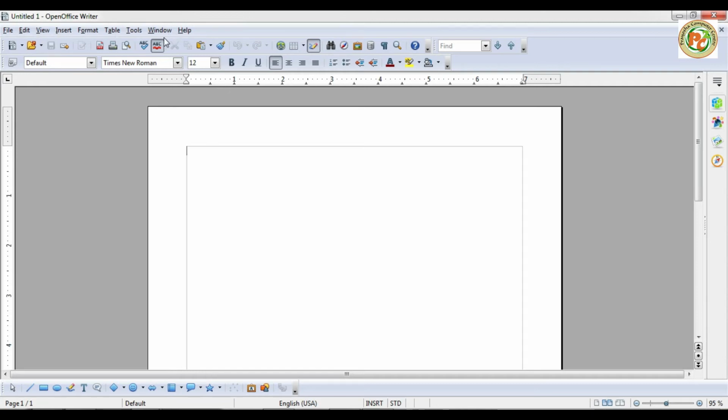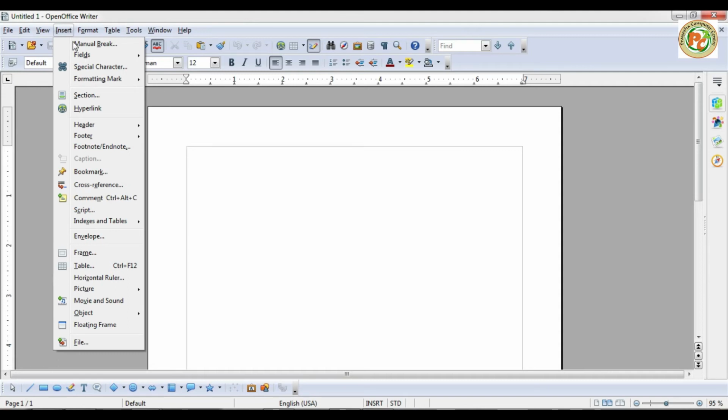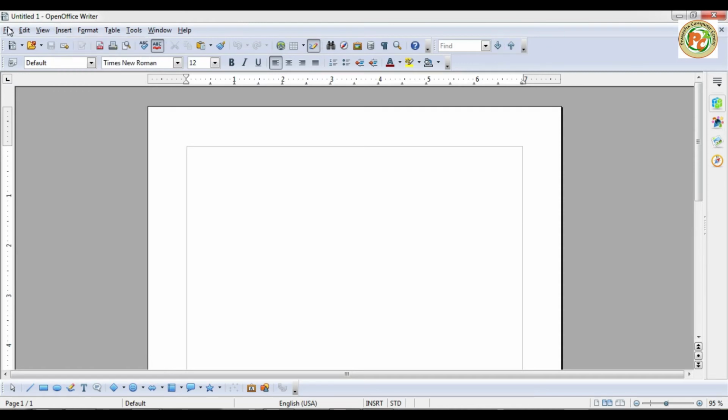And after the menu bar we have the standard toolbar here. Okay, so this is called the standard toolbar. Standard toolbar means shortcut keys for all the options which are given in the menus. Okay, so if you want to insert any header and footer, you can directly jump from here also. So it is called the standard toolbar. After the menu bar the standard toolbar is given. Okay, now after the standard toolbar we have the formatting toolbar, so it is called the formatting toolbar. We can do formatting like bold, italic, underline, justify. Okay, all these things we can do.